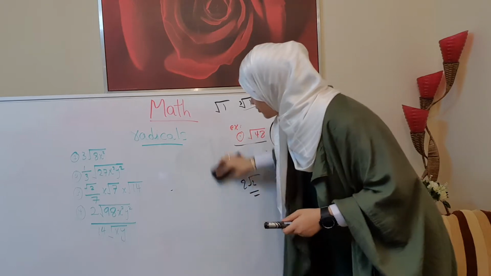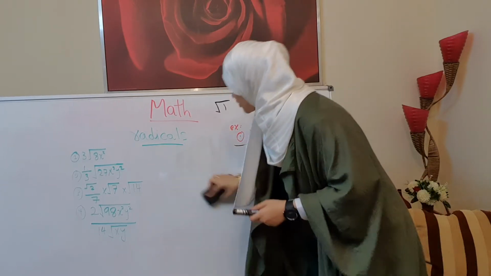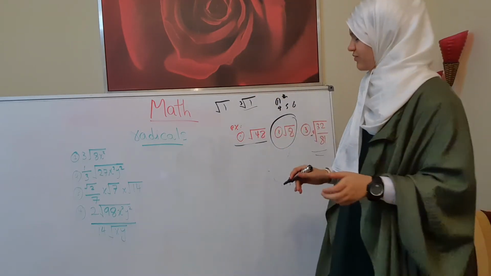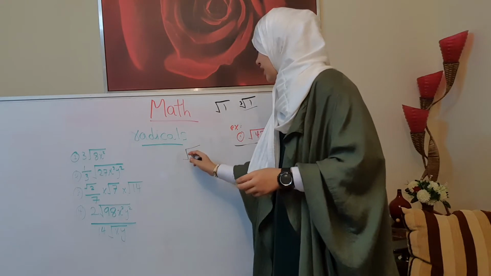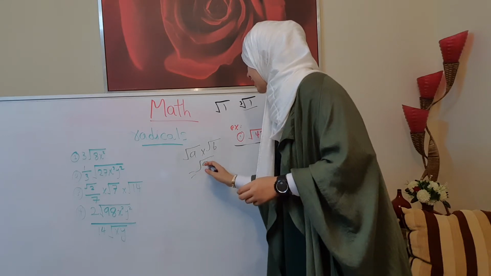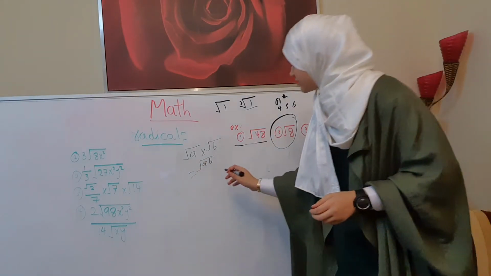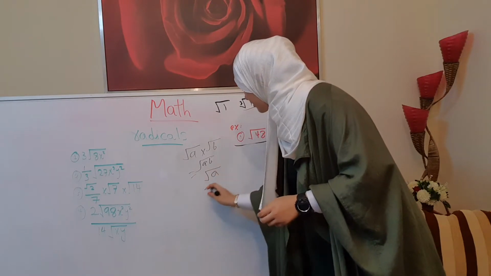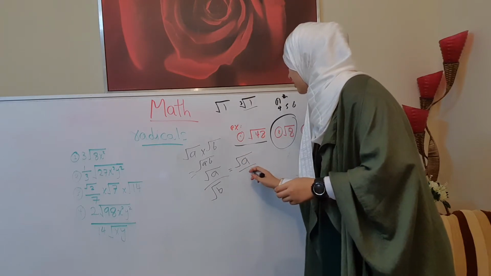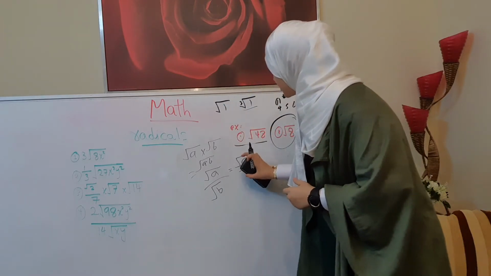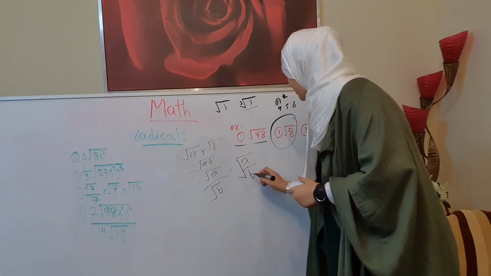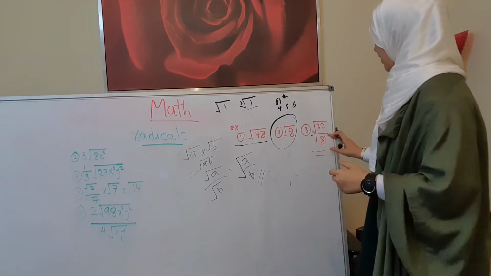First thing, I want to make some rules with you on how to solve fractions in the square root, or in the root itself. We know that radical a times radical b is the same as radical ab, and radical a over radical b is the same as radical a over b. That means it will be a over b in one radical. Yes. So now what we have, 32,